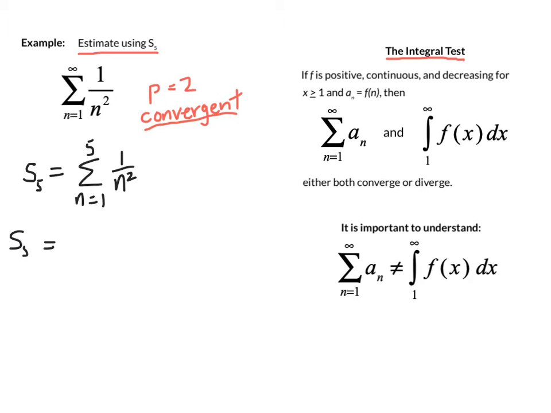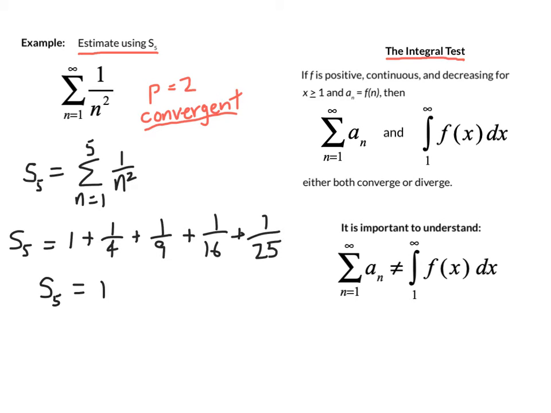That states that S sub 5 is equal to 1 over 1 squared plus 1 over 2 squared, so 1/4, 1 over 3 squared, 1 over 4 squared, and 1 over 5 squared. We could have some fun and go and find the fractional value of that, but let's not do that right now. If you evaluate all those and add them up, the partial sum is